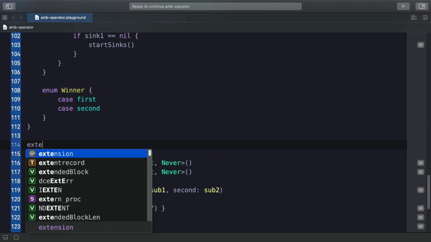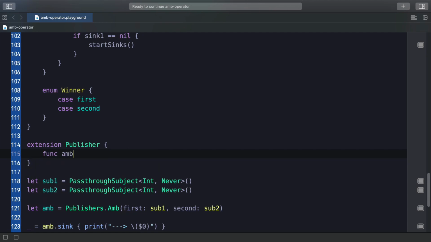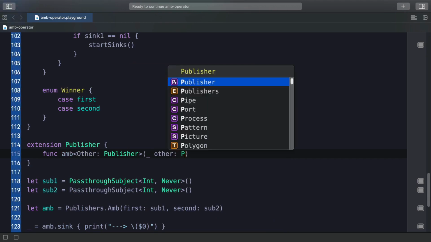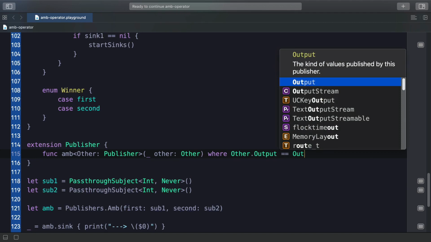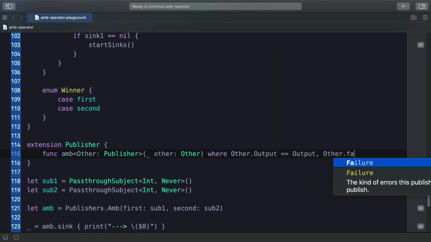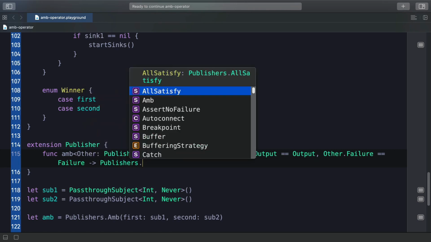What I'd like to do now is have an extension on any kind of publisher and have a func called amb, which takes in some generic other, which is a publisher. And we need to constrain this to make sure that the other publisher, so other.Output equals our output, and other.Failure equals our failure. So as long as those types match up, we can call amb on it, and this will return Publishers.Amb